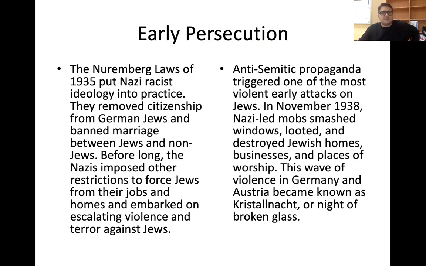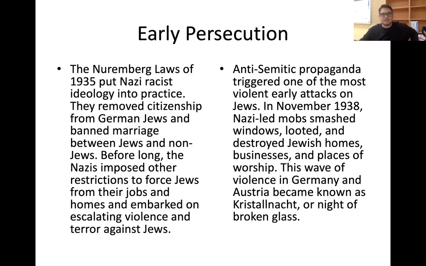So early persecution. The Nuremberg laws of 1935 put Nazi racist ideology into practice. They removed citizenship from German Jews and banned marriage between Jews and non-Jews. Before long, the Nazis imposed other restrictions to force Jews from their jobs and homes and embarked on escalating violence